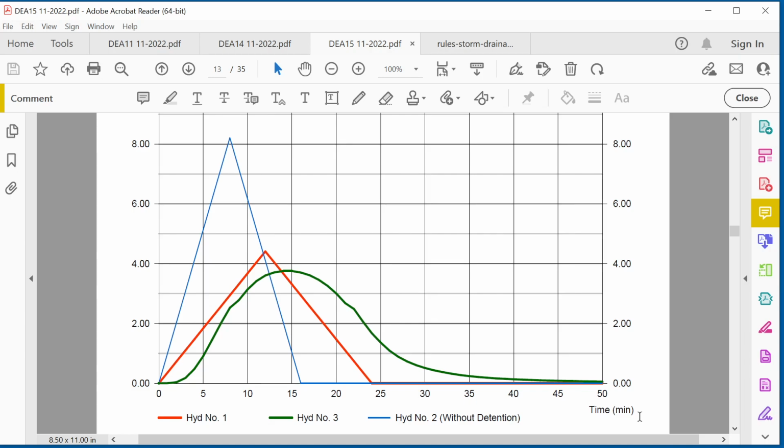Okay, so I looked at this graph and spent a lot of time scratching my head here, because it's showing us, let's look at the blue without detention, that for whatever reason the flow is increasing, and all of a sudden it hits this perfect peak and then just ramps back down. So what's happening in this model is that they determine this time. They're calling this the TC time, the time it takes the rain to get from one edge to the drain point, and they use that factor, the correction factor for rain,